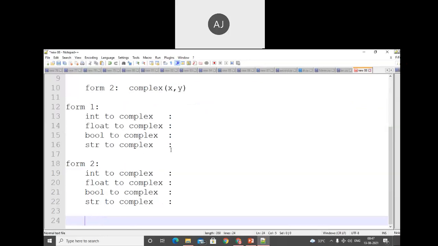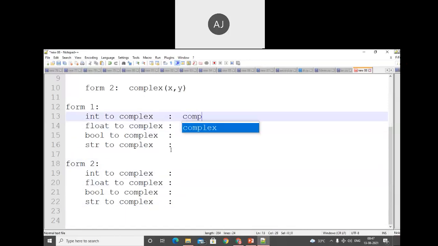Let's do that. For example, here we pass complex of round bracket, assume that we pass the value 10, so we get the output as 10 plus 0j. The j is mandatory. So yes, we can convert a single form number 1 value into complex.